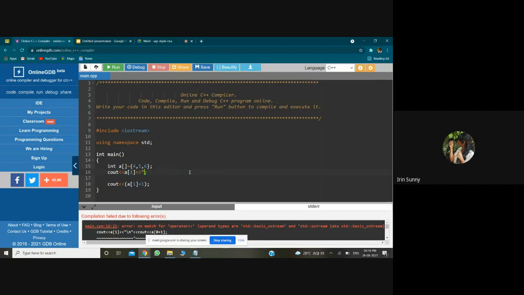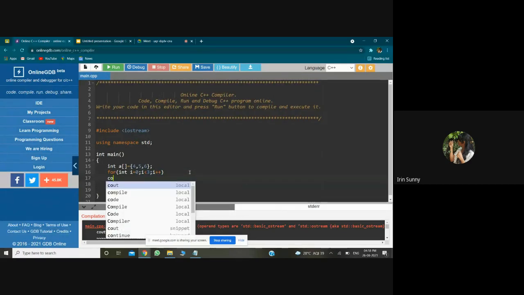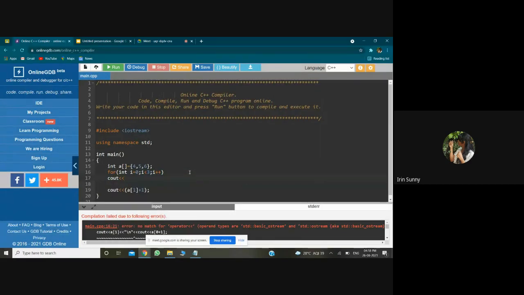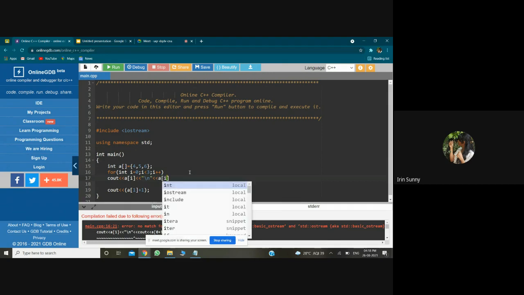I'll do it with an iterating variable so it will be more clear. For int i is equal to 0; i less than 3; i plus plus. Okay, cout a of i. I'm printing a of i. So it prints a of 0 and then I'm printing a of i plus plus.